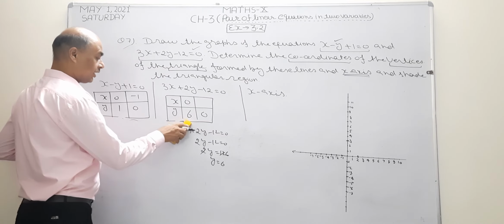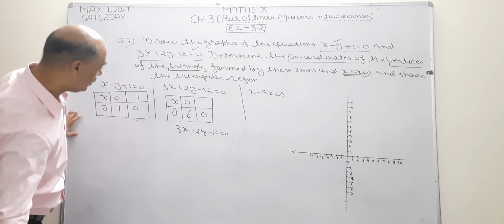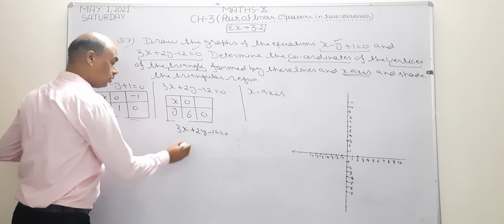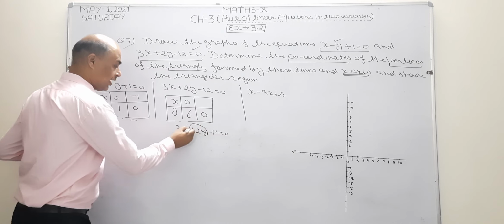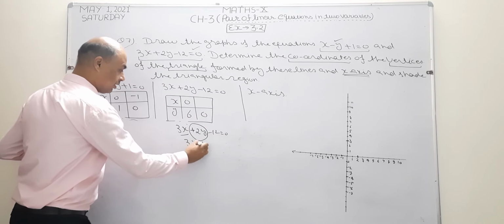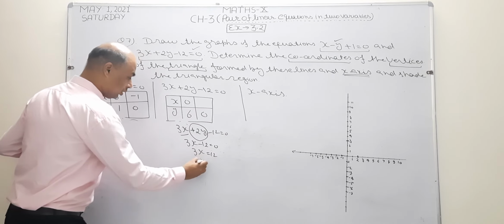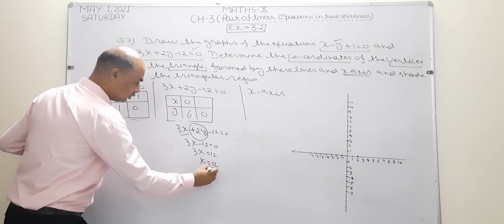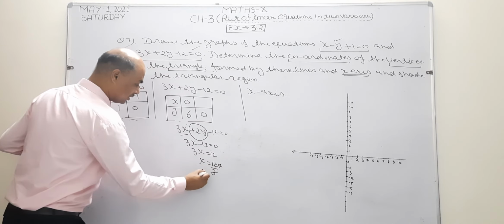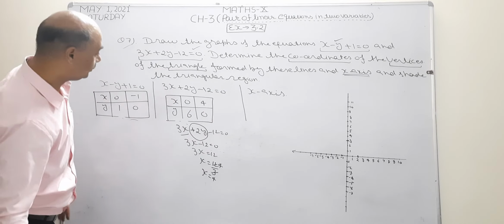Now I am going to take y 0. For y 0 I am going to write down the given equation again. So this is the given equation. This time I am going to put y 0. y and its coefficient and its sign for 4 become 0. What is left? 3x minus 12 equal to 0. Means 3x equal to 12. Or x becomes 12 by 3. 3 4s are 12. x becomes 4. So I write here 4. So the table is going to be complete.